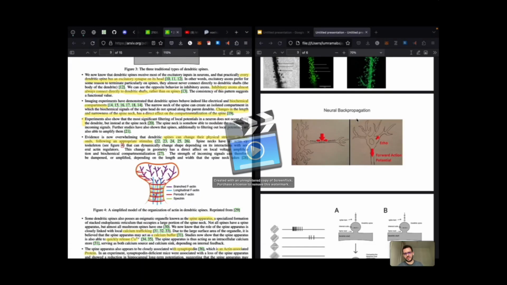But there's this other very fascinating phenomenon known as neural backpropagation that is very often ignored by academia. I guess most people think that it's just an artifact, but there's very compelling evidence that this mechanism actually plays a very significant role in the brain,